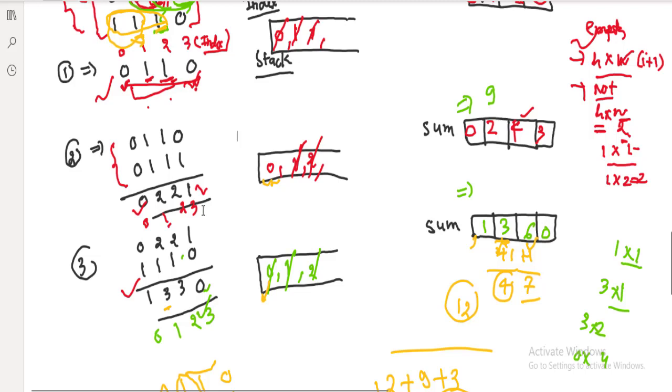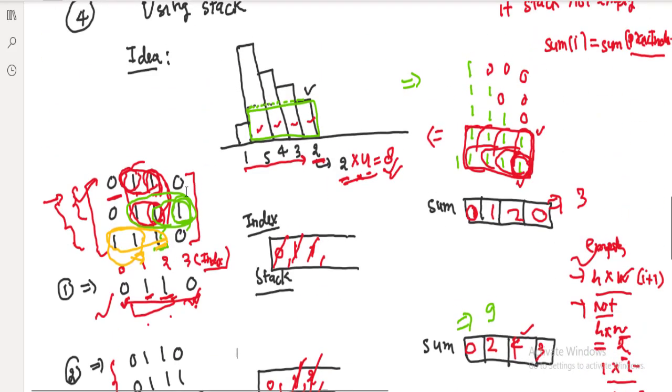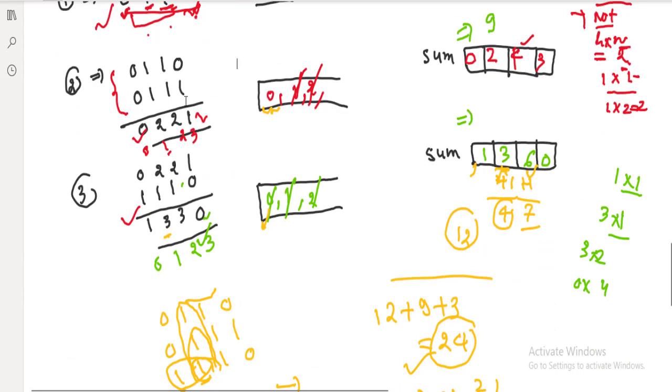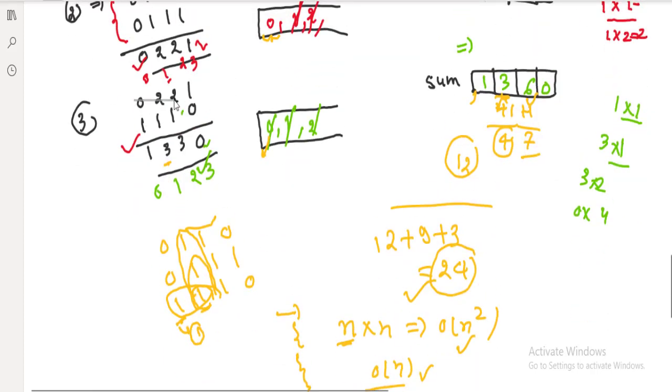There is one correction here, and how we can compute this final height array is this way: we'll see the last particular row value. For the first row it will be the same as the first row, here 0 1 1 0. For the second row we'll see the value. If it is 0 it will become directly 0. If it is 1 we'll add the previous value. For example, the previous value was this, 1 plus 1 becomes 1, 1 plus 1 becomes 1. If it is 1, while 1 plus 0 will become 1. In this case this was the previous height value.